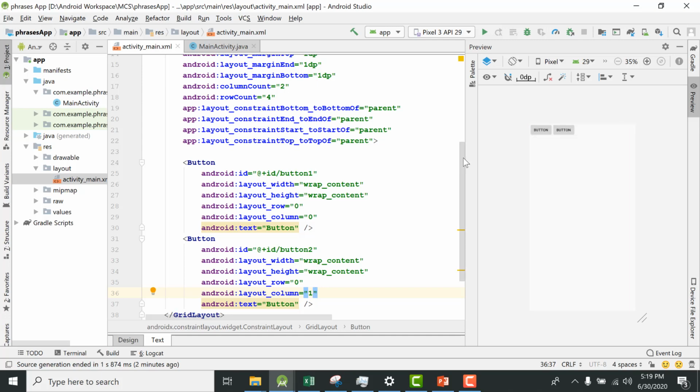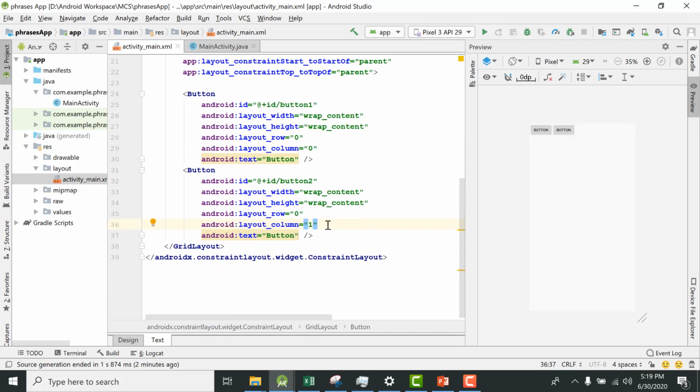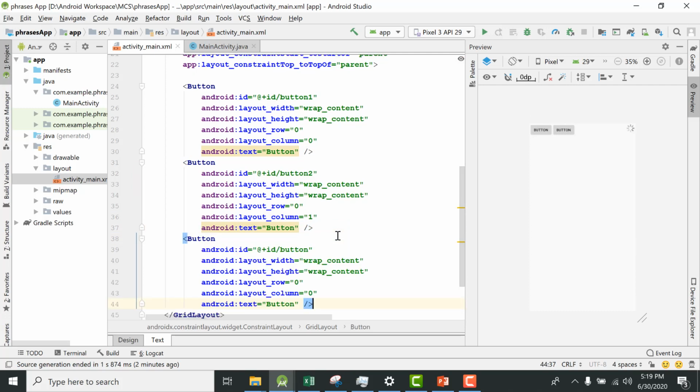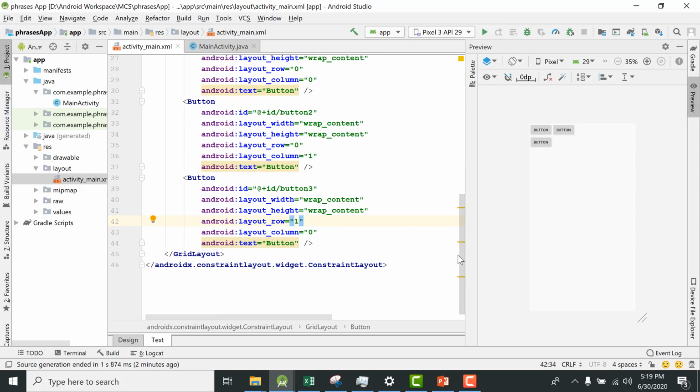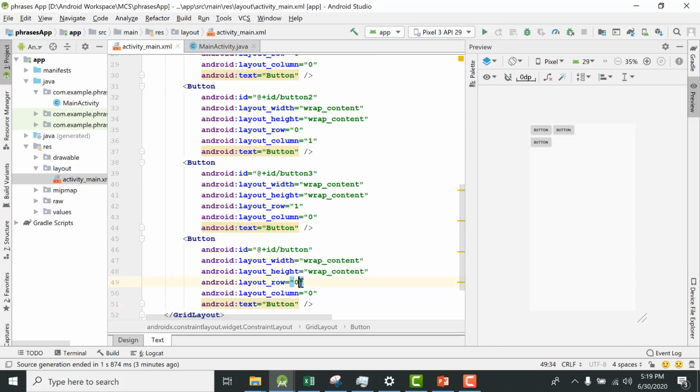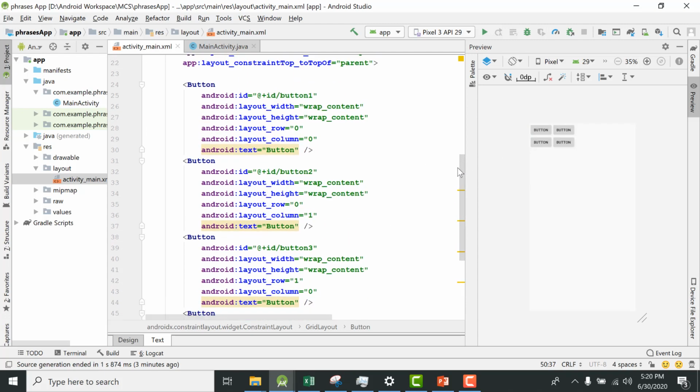So you see that button on the preview. So we can continue on with this practice. So this is button 3, row is 1 and the column is 0. Then we have row 1 and column 1. So you can now see those 4 buttons have been added to your project.